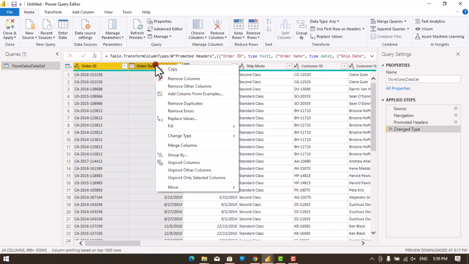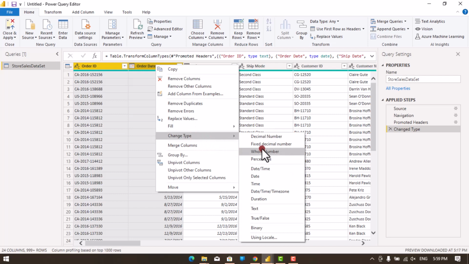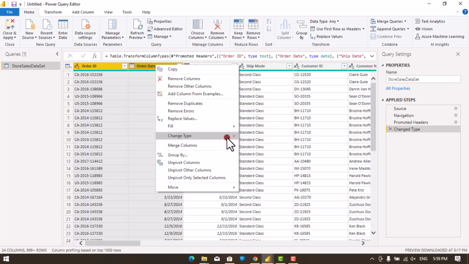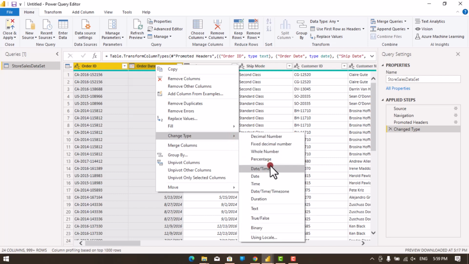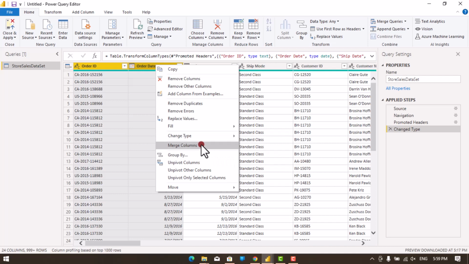I right click on it. Now we could replace values inside each column, but we could also change the data types of both columns to a new data type. Now the best thing I want to show us here is that we could merge the